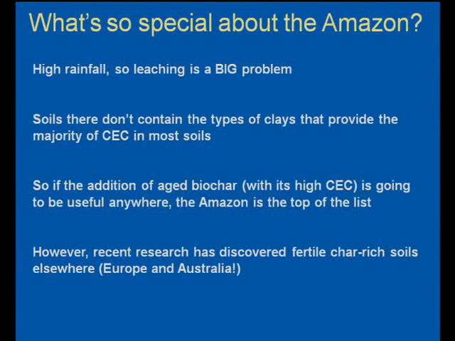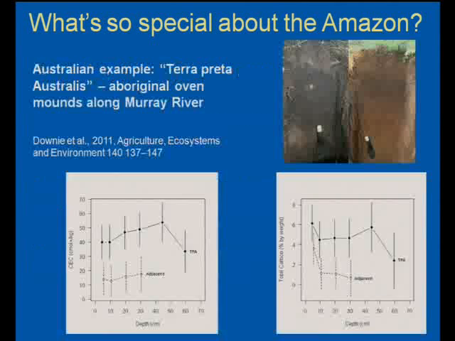However, there's certainly some recent research that has identified fertile char-rich soils elsewhere, particularly in Europe and Australia. So it's not something that's specific to the Amazon, but certainly that's the first place it was recognised, and it's certainly where you'd expect that phenomenon to happen. I said one of the examples is an Australian example of aged biochar providing a very different soil to the